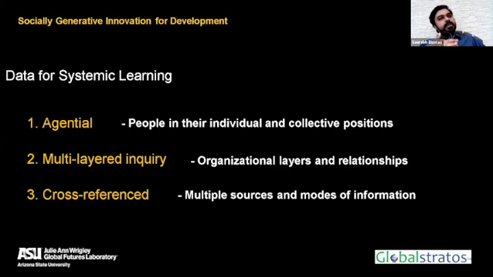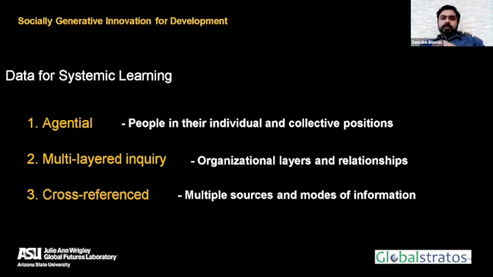Now, in terms of systemic learning, we looked at a framework on how data can lead to systemic learning. There are three critical attributes to it. First, it should be agential. That means it should look at people as individuals, as entities, or in other collections across the social scales. Now, when we talk about social scales, there inherently comes the idea of different layers. So to match that, our inquiry should be multi-layered. That means it should span across the different organizational layers and account for relationships that people have with institutions, infrastructure